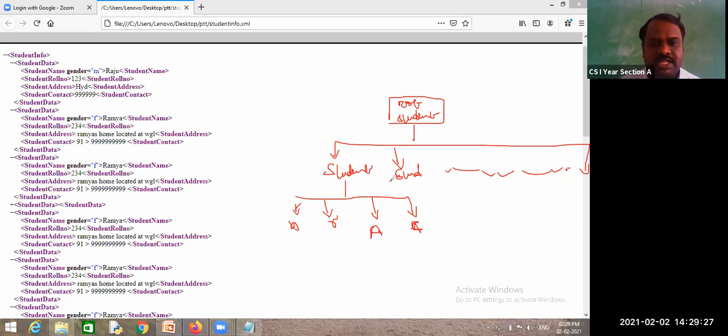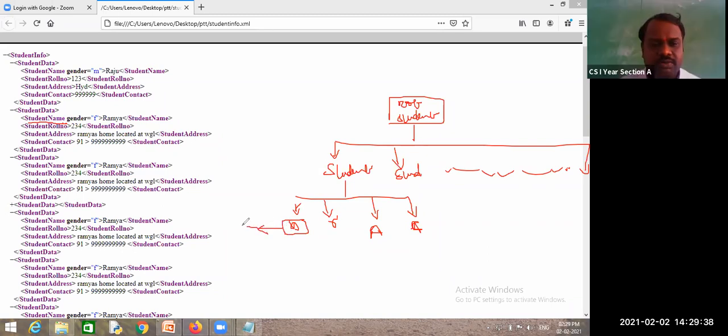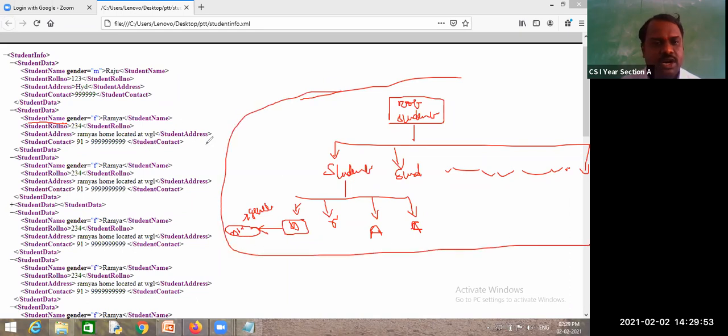Next, among this, which one has an additional attribute? Student name. For the student name, I will go for this attribute. What is this attribute? Gender attribute. Like that, I will give the tree structure. Is understanding this diagrammatic representation best, or this textual data?